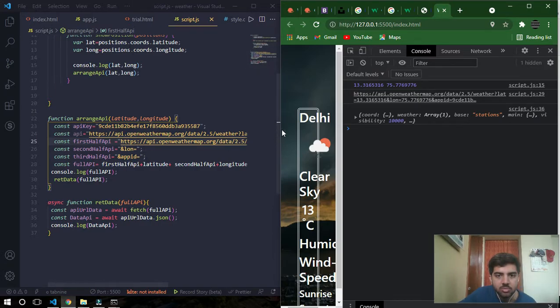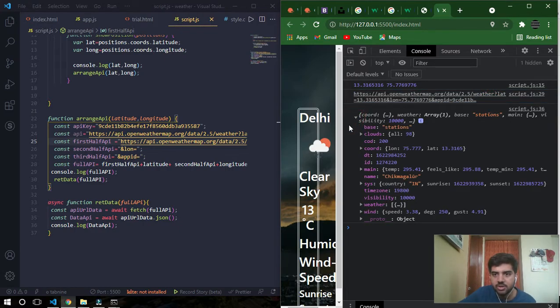Which I didn't include. So this thing was taking the local server, it was taking like HTTPS 127.0.0. It was taking that. So now we have retrieved the API and we have got the data which is contained in this API for our latitude and longitude.